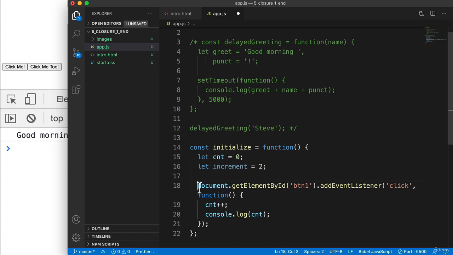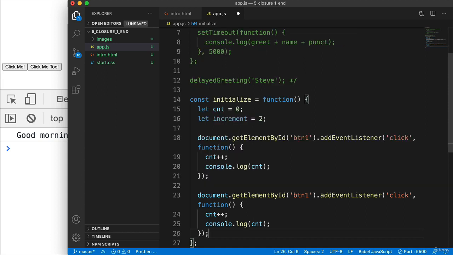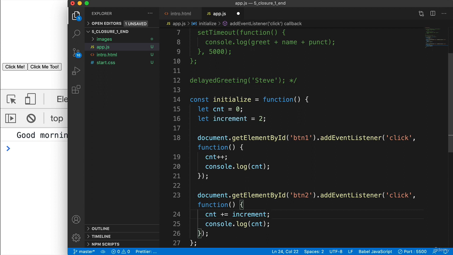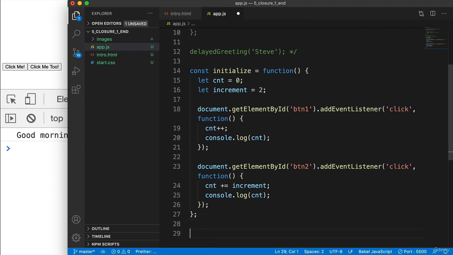And I'm just going to copy this one and basically do a similar type of thing for the next one down here. But this time we're going to do BTN2. And this time we're going to increment the count, but we're going to do it with the increment amount. So we'll do a plus equal increment like that. And then we'll log the count to the console again. All right, we've got that set up. Now, when the page loads, I'm going to call initialize. So that's going to run,